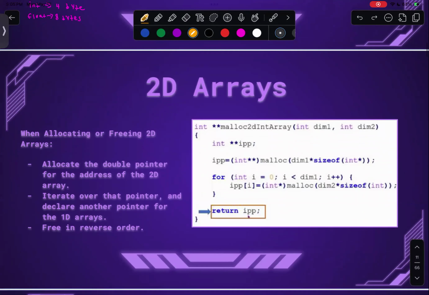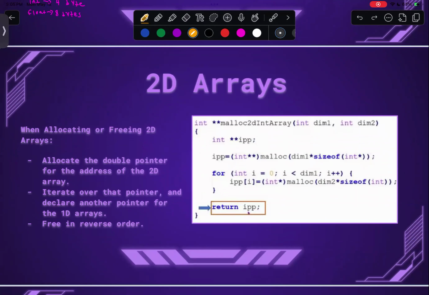2D arrays. Let me see. Is this how much more is left after this? Okay, then we're at our first question after this. So, like I said, allocating 2D arrays in DMA is hard. You have to allocate the double pointer first, which will basically make